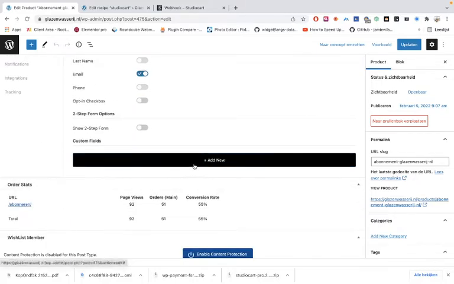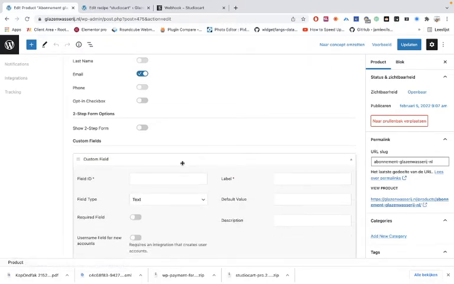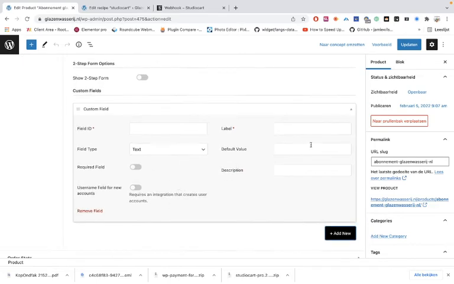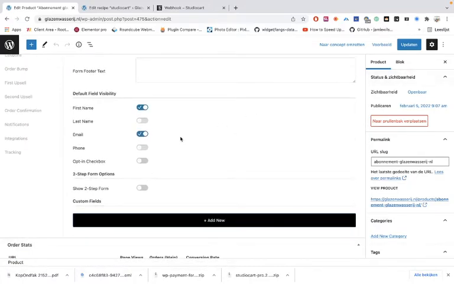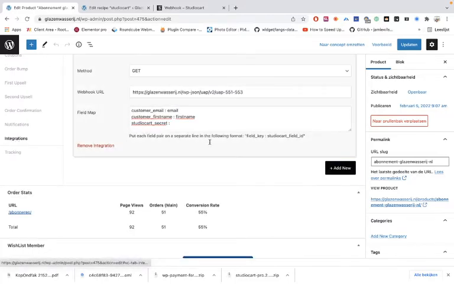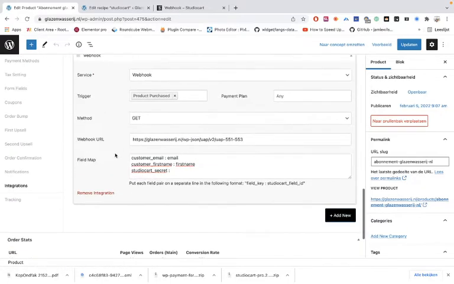And if you want to use the custom fields, then you can add a new one, of course, in here, and then you can fill in the details and then use that one as well. You have to remove the fields if you want to leave the page and you have not made any changes, or if you made up your mind, you can remove the field, otherwise you can go back. Speaks for itself. Now, obviously, when you have made custom fields, then you have to copy them as well, and then you have to embed them into the integrations, and of course to the